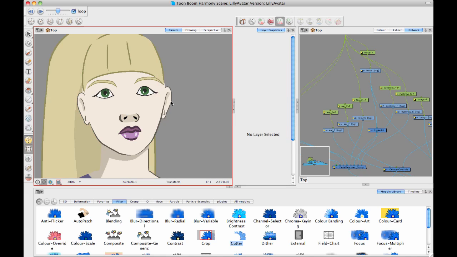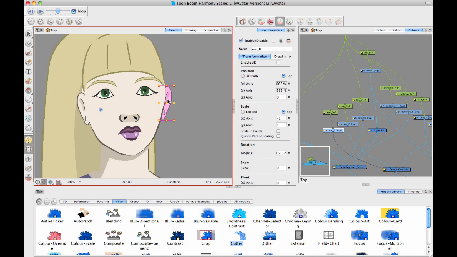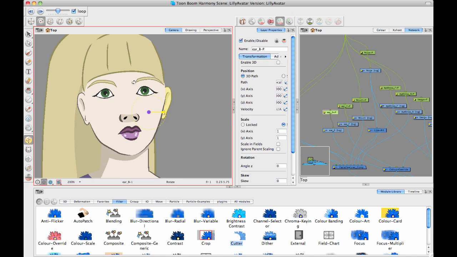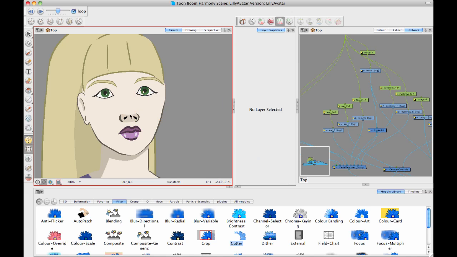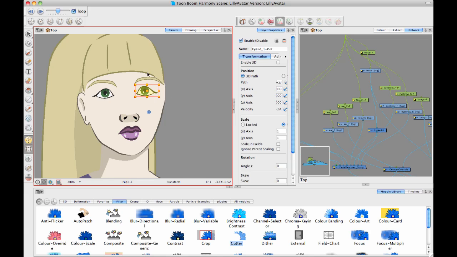I don't think I have a peg yet on that hair layer, so I'll nip up to the peg on the ear, make sure the peg on the ear is in the right spot, and then I can animate the ear out of the way there. And now what I'm going to do is basically animate these facial features until they cut off. And another good idea might be to have